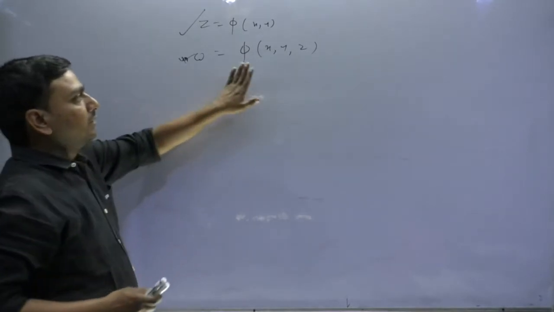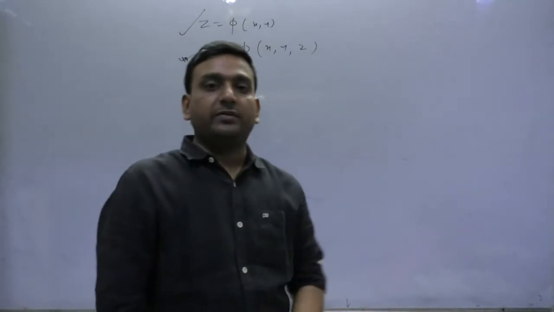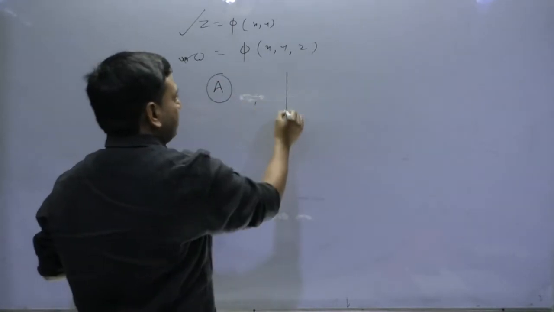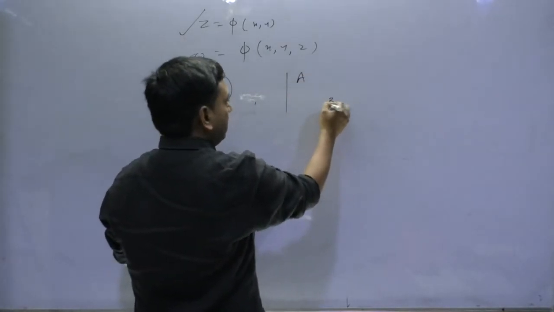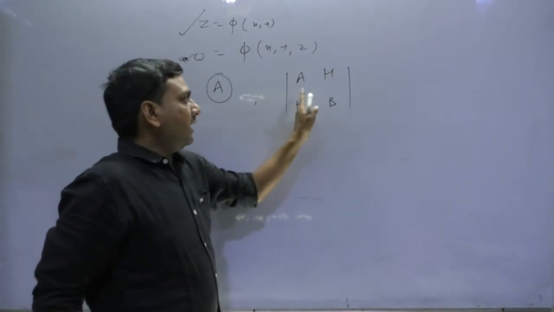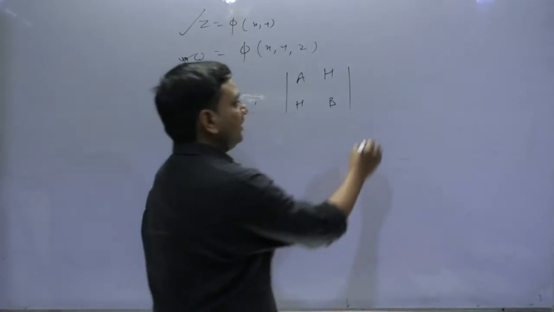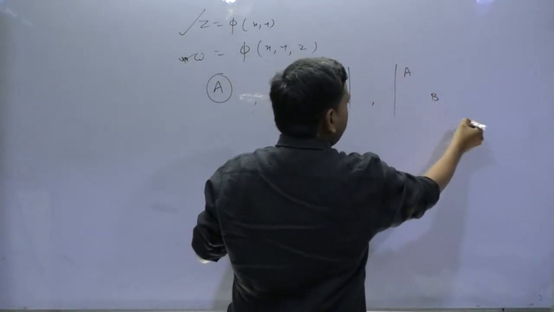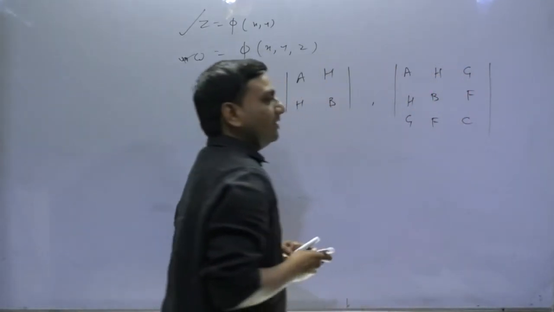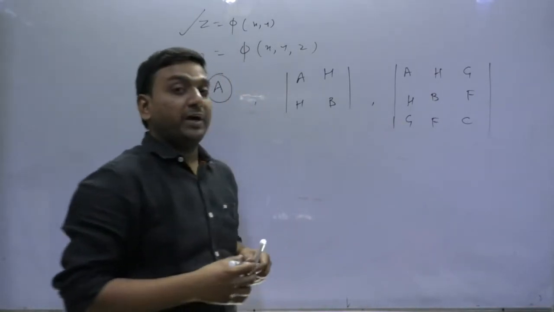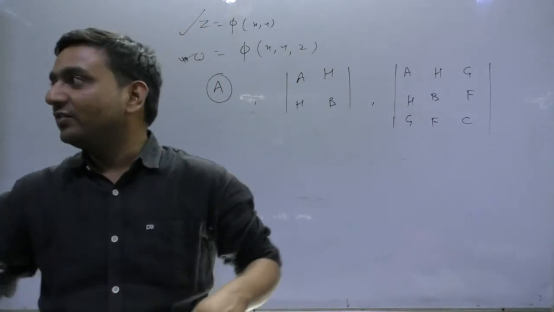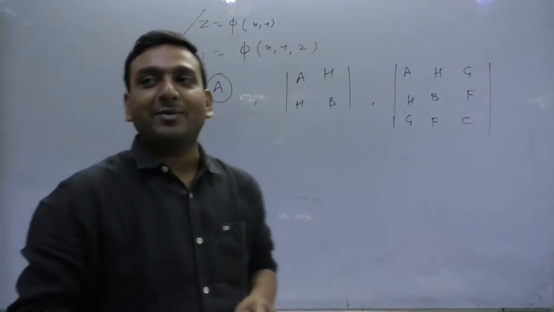Now I come here. In case of three variables, we will have three things to observe. A, another is AB minus H square, means determinant value of AB. Abhi I am telling you what is ABH here. The other is A, B, C, F, G, H. Don't worry. Generally they don't ask from three variables, but for safety purposes we need to have an understanding of these concepts.